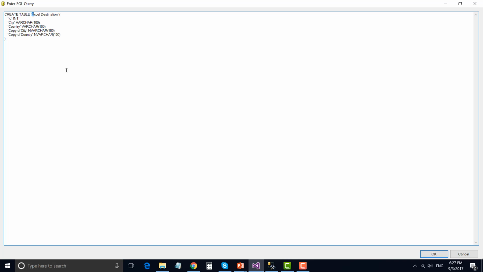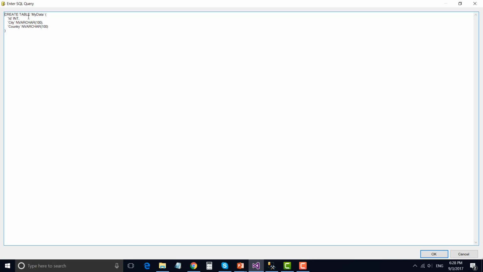Okay, now go back to the execute SQL task, go to SQL statement, and then paste here the thing that you copied. Our Excel sheet name is my data, so we will be creating a table named my data. And we will be having just the 2 columns, and the column names will be city and country. We are actually just keeping the NVARCHAR data type. We are not interested in the varchar data type, because Excel supports only the NVARCHAR data type. So that's why we have removed the first 2 columns from it.